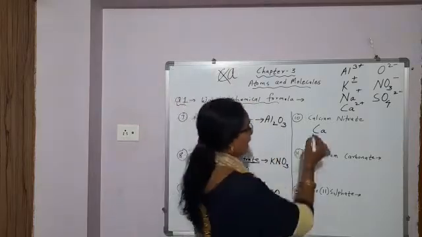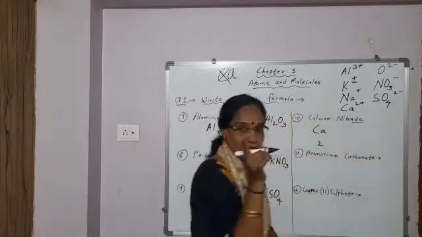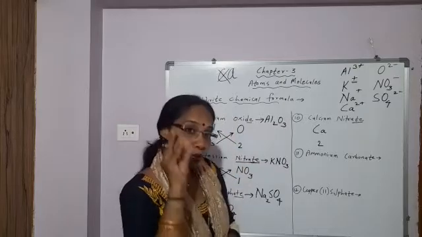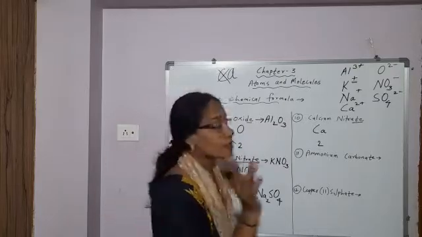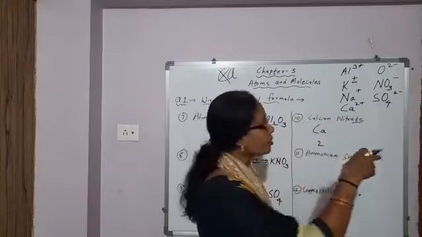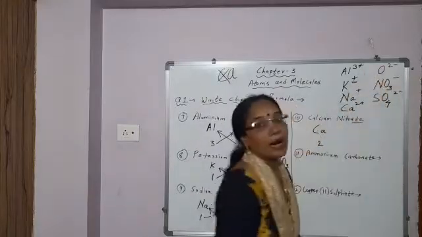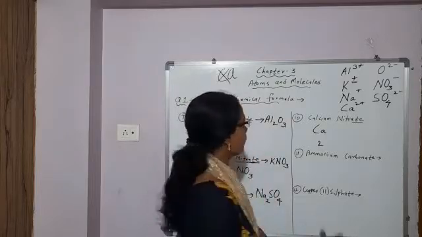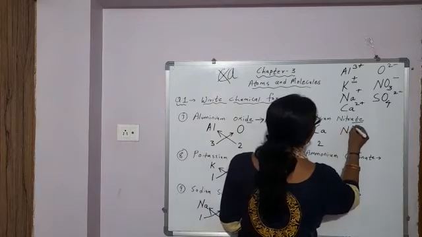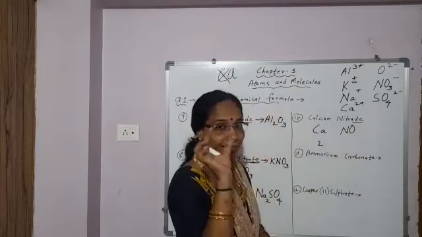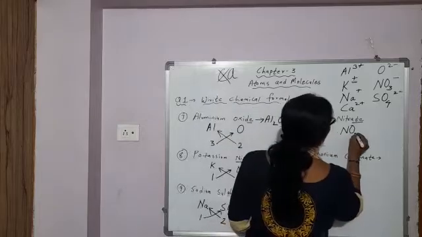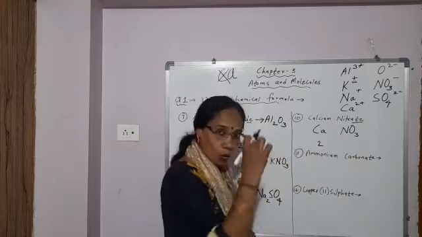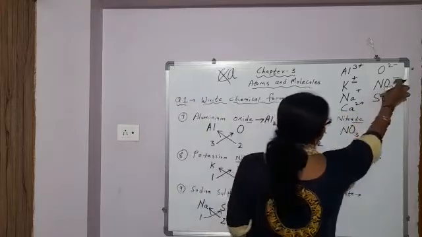Okay. Next, nitrate. Again the ending is ate, which means negative ion. Along with nitrogen, oxygen will be there. So remember the formula of nitrate. What is the nitrate formula? Already we discussed NO3 and it is minus. Minus means minus 1. So what is the valency? 1. So nitrate, capital N, capital O, all capital letters, same size. NO3, the 3 written as a subscript on the lower side. And what is the valency? 1.